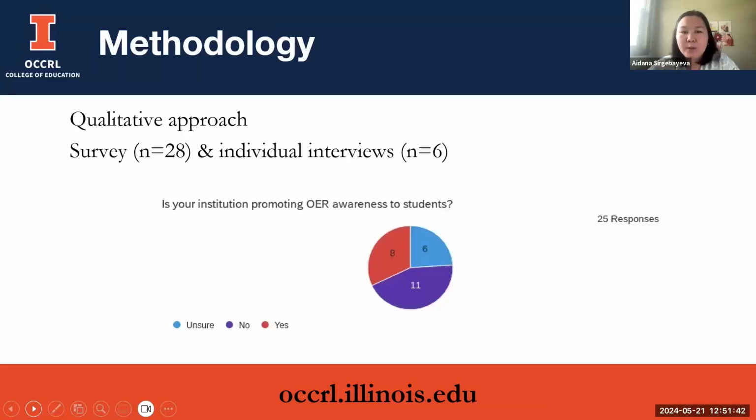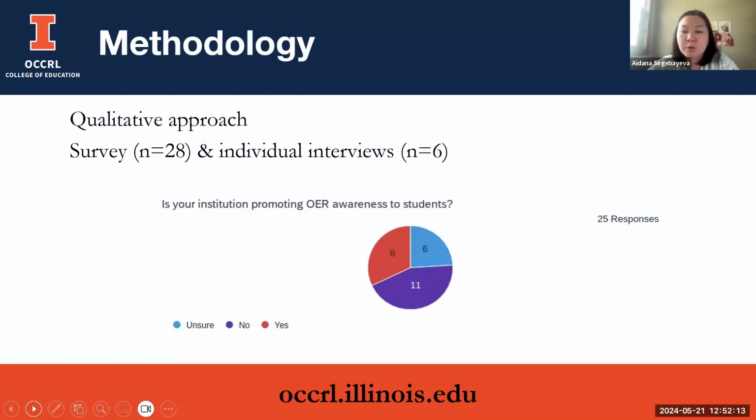Thank you. So the main methodology of our research project is a qualitative approach. And we have used 2 instruments: a survey and individual interviews. Semi-structured interviews consisted of 8 main topic areas with additional follow-up questions. Interviews were conducted via Zoom last summer and recorded in audio and video formats. Each interview was transcribed for accuracy.